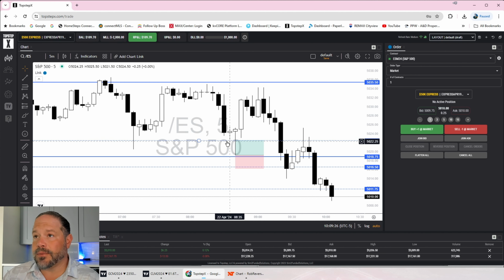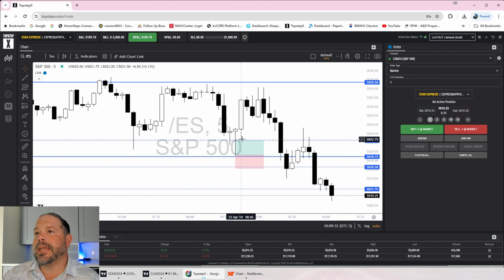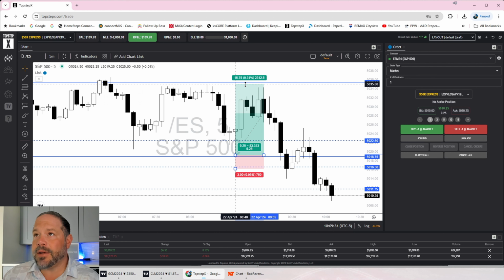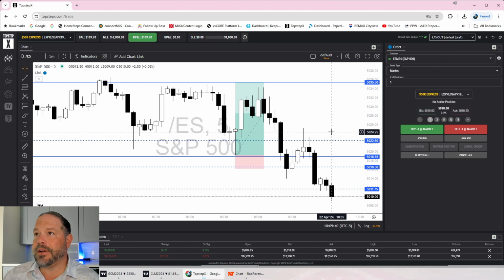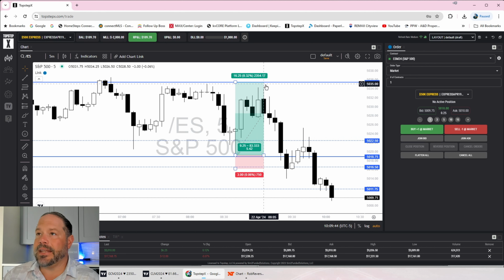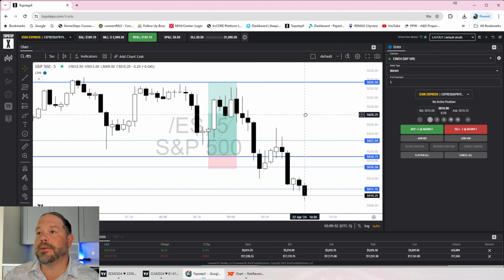Actually, that was my original target, was going to be this level. I might have had it a few ticks underneath there. My more aggressive target would have been right back to my main level up here at 50.35, which would have got really close, but would not have hit it. Nor do I think I would have the emotion to stay in that trade, to be honest with you.